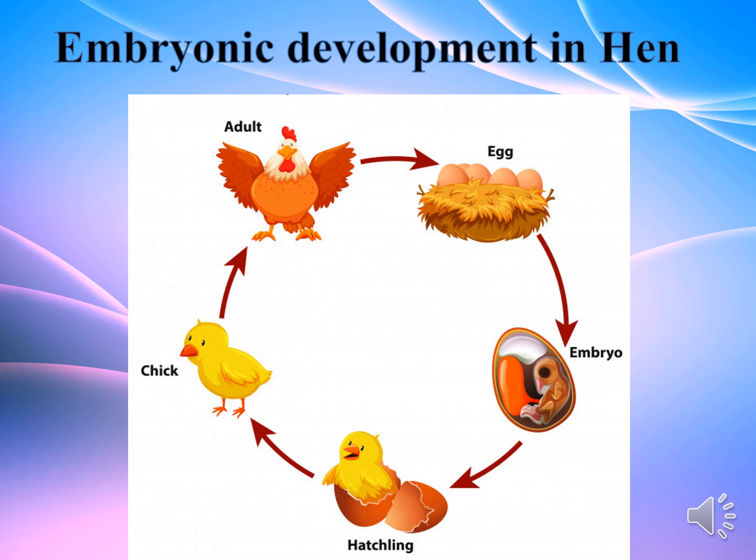Internal fertilization takes place in hens also, but hens do not give birth to babies. Instead, hens lay eggs. How is an egg produced? Soon after fertilization, the fertilized egg or zygote moves through the oviduct. As it moves through the oviduct, it starts dividing into 2, 4, 8, 16, like that, and as it continues dividing, many